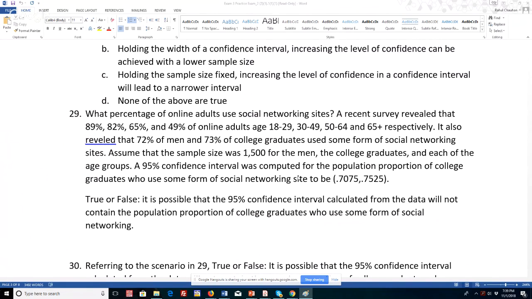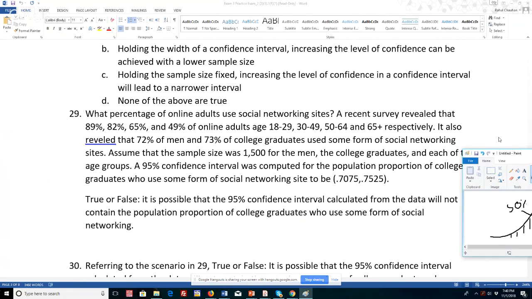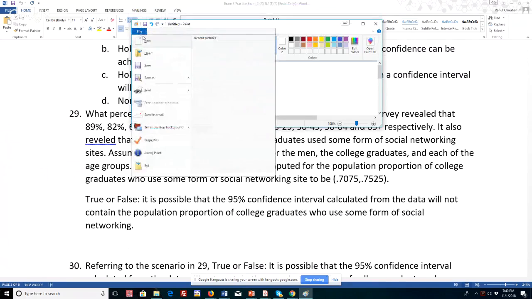Okay. So a 95% confidence interval was computed for the population proportion of college graduates who use some form of social networking site to be between 0.705 and 0.7525. So true or false? It is possible that the 95% confidence interval calculated from the data will not contain the population proportion of college graduates who use some form of social networking. So this is true. And why that's true is because we have to go back